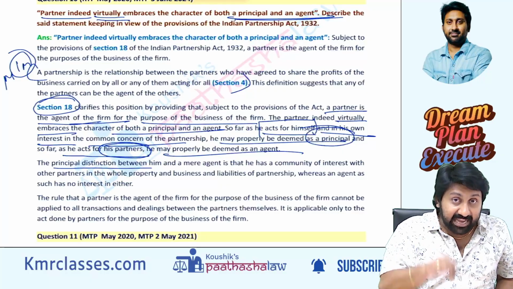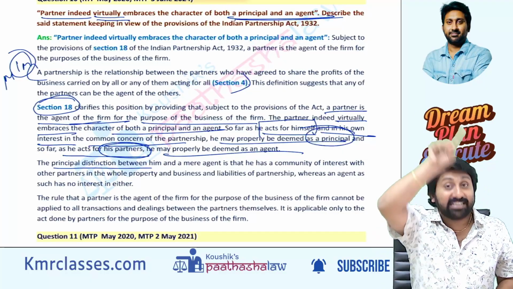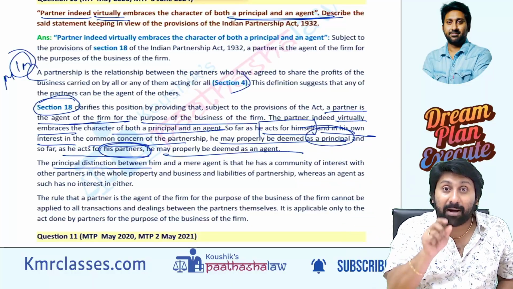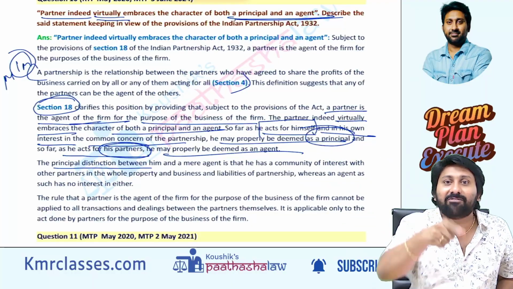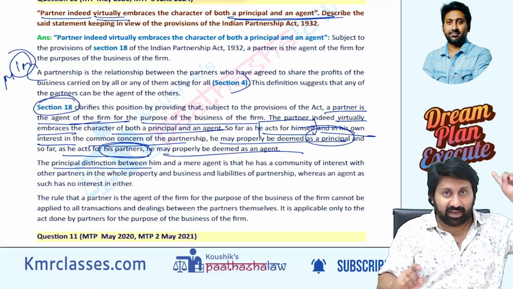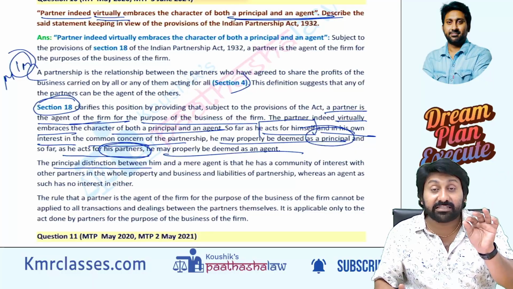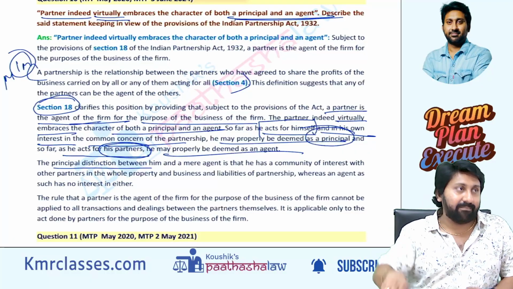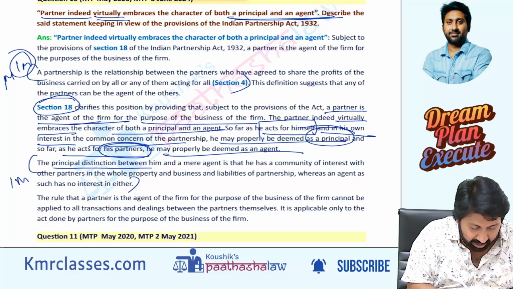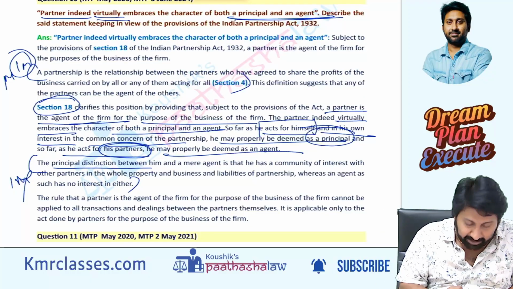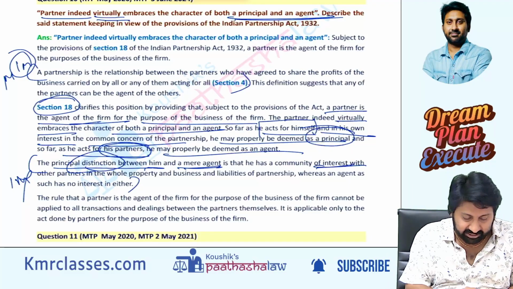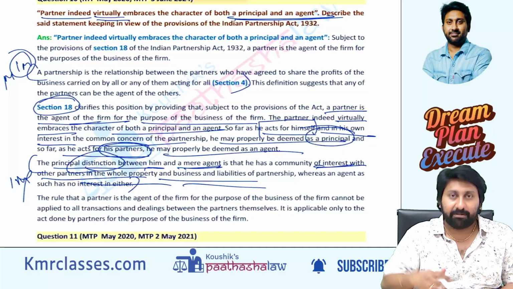But an agent in a firm is not like the agent there. He is not a mere agent, mere meaning just an agent. Here, partners are agents, but their money is also involved. Therefore, in a normal contract of agency you see only a mere agent, but here you see an agent having interest in the firm. That point, if you don't write, you lose 1 mark. So the principal distinction between a partner as an agent and a mere, normal agent is interest in the other partners and the firm. He will be interested in the business.